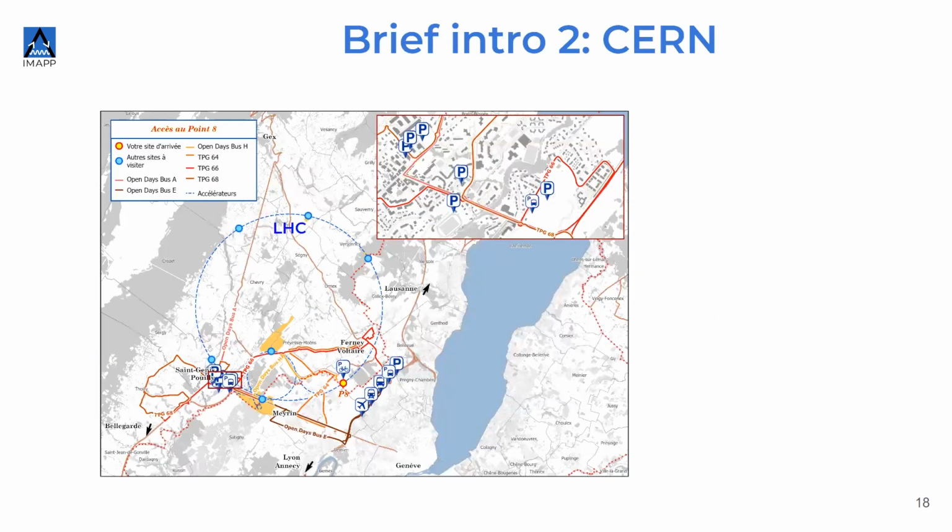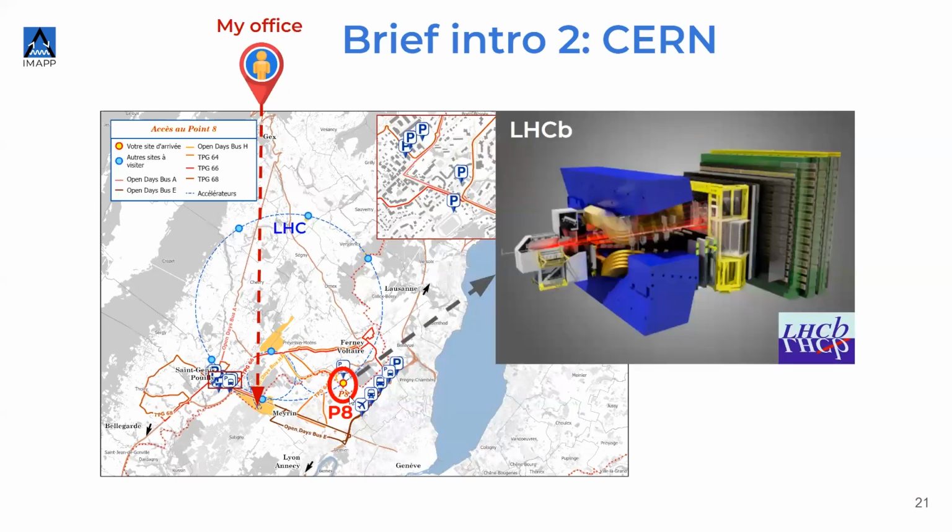During my master's, I already started at CERN with the characterization and so on, and I have been there since the master thesis. This is the LHC, you know it, I guess. I was sitting here, and I'm still sitting there. This is the place where I work now. This is collision point number 8, and this is where LHCb is sitting. This is one of the big experiments at CERN.